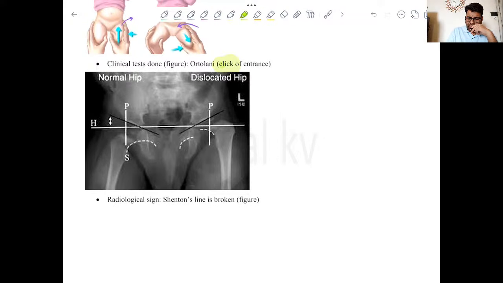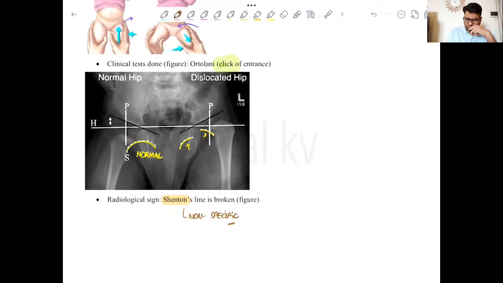Now on X-ray, we can see a broken Shenton line. So if you see here, this is the Shenton line which is broken. On the normal side, it is a smooth curved line like this, right? So here you can see it is broken, and this is formed by the continuous line of the medial side of the neck of femur and the inferior border of the superior pubic rami, right? But more importantly, this is not a specific finding for